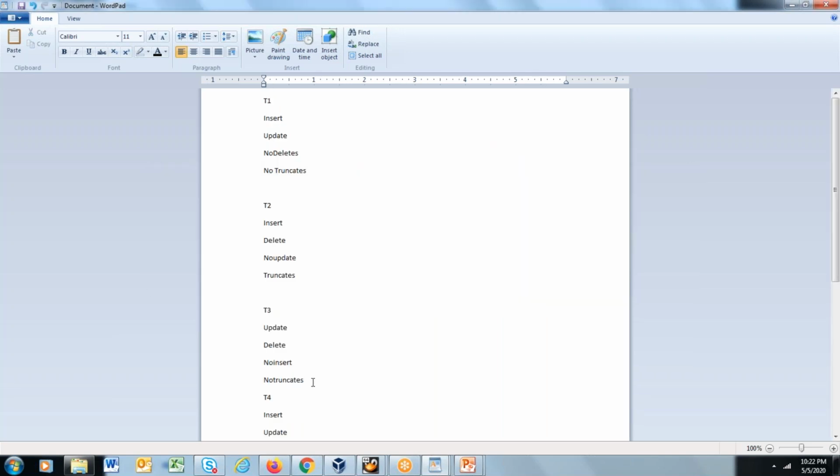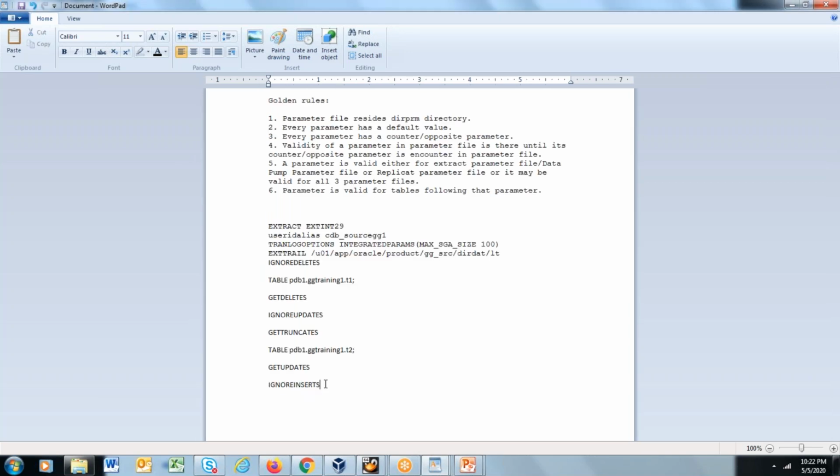And last, we have to nullify the effect of truncates. So do I need to include the parameter ignore truncates? Yes. The reason is that previously we had get truncates, which is valid until this point. So to nullify the effect of get truncates, we give ignore truncates, and then we give the table pdb1.ggtraining1.t3;